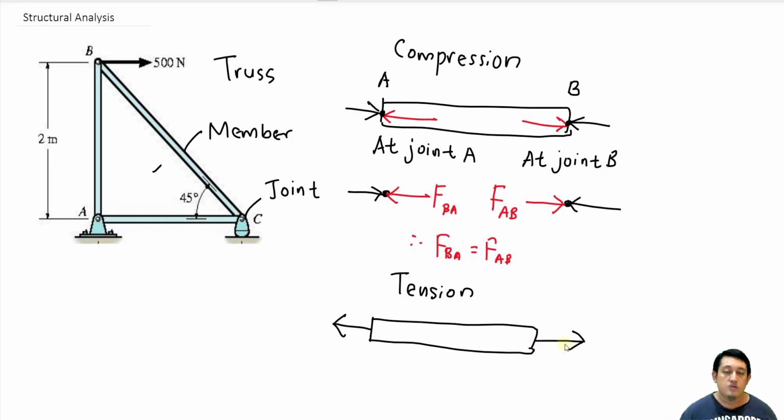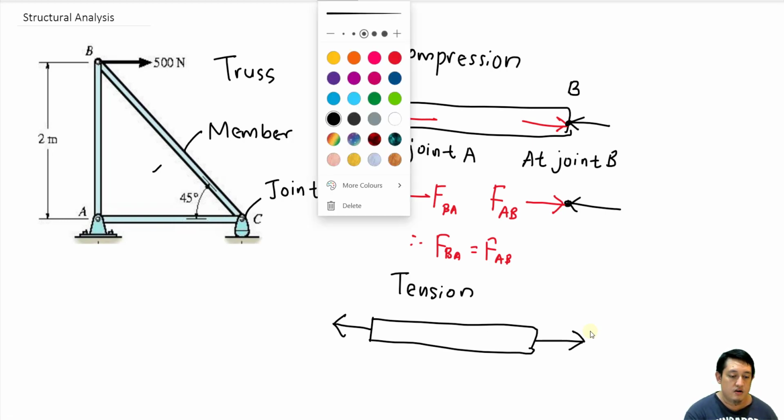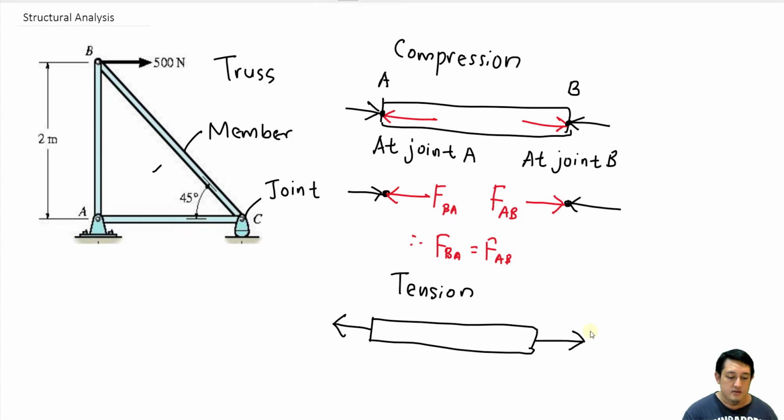What happens to the member? The member will also create a reaction force, just like when it is in compression. What is the direction of the force when it is in tension? Because we want to cancel the external force, as you can see here,